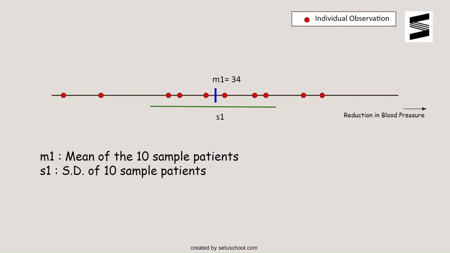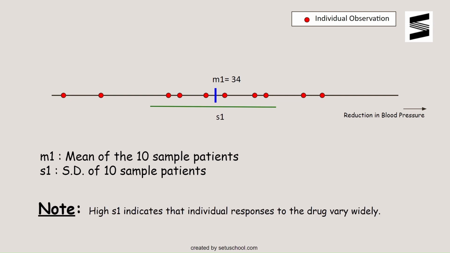Here S1 represents the spread of blood pressure reduction due to the effects of the drug. If the standard deviation is high, then this indicates that the individual responses to the drug vary widely. Now pause the video here and think, does this measurement of mean actually represent the actual mean of the entire